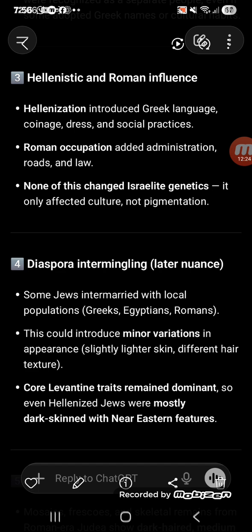Yes, they might say minor traits, minor details would have changed, minor variations, slightly lighter skin, different hair texture. It is going to have a major change, even in the Levantine traits, or the appearance is also going to change.